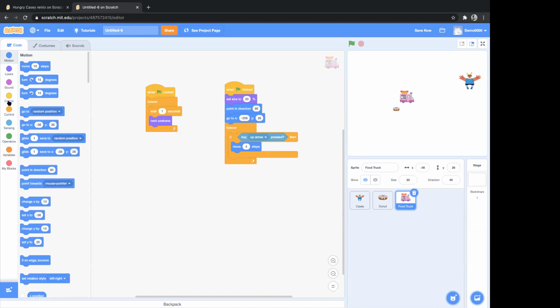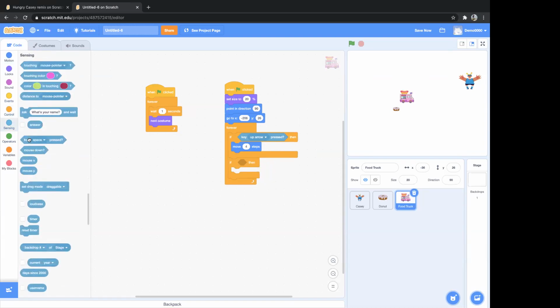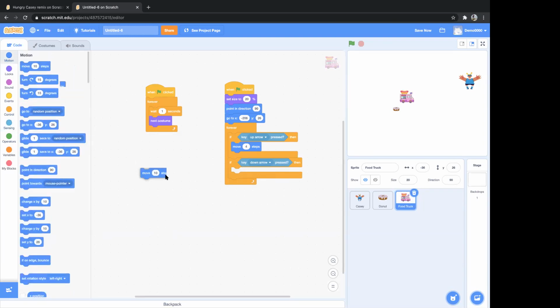Now let's do the same thing for down arrow. Again we'll go to controls, use the if block, place it down here, then we'll go to sensing, and from the sensing we will use this block, and from the drop down select down arrow. In the down arrow I want the food truck to move backwards. So we'll go to motions, use the move block, and this time, see, this is x direction.